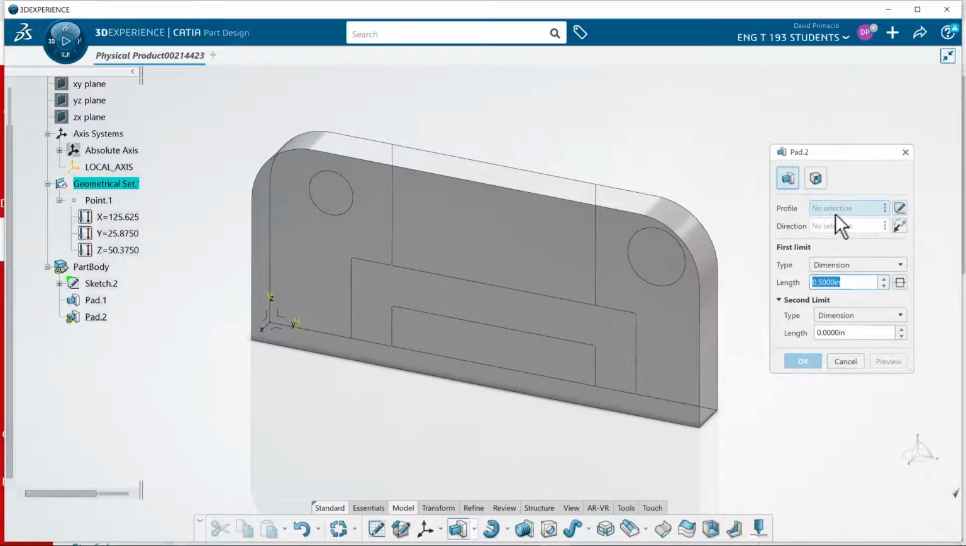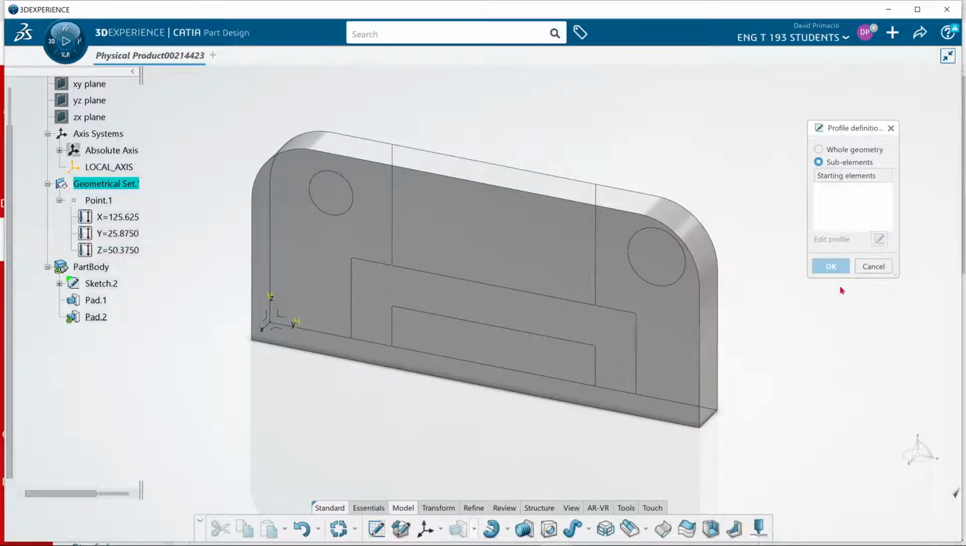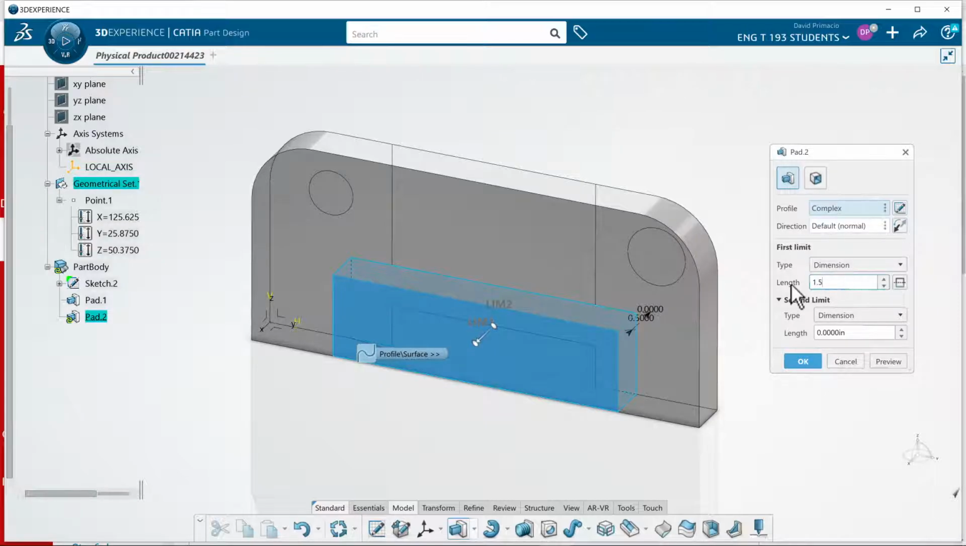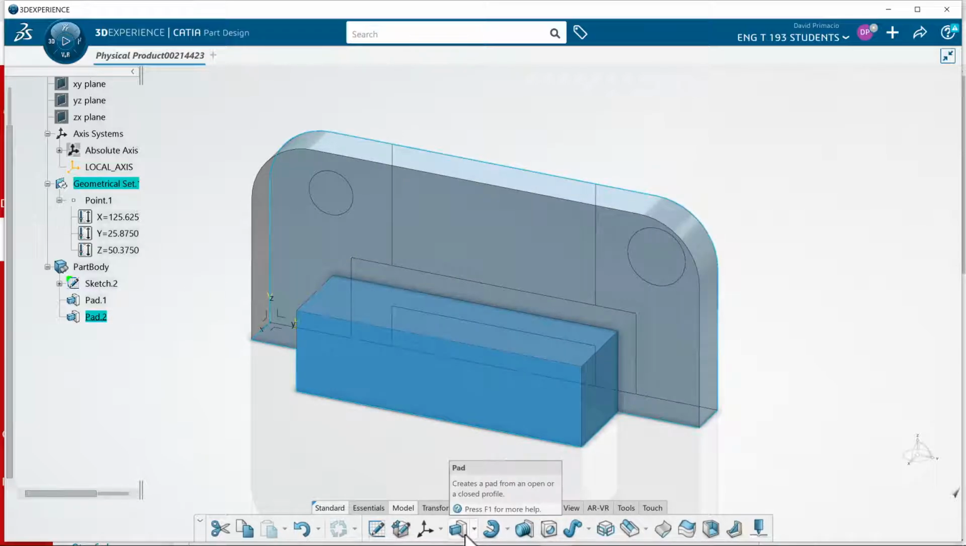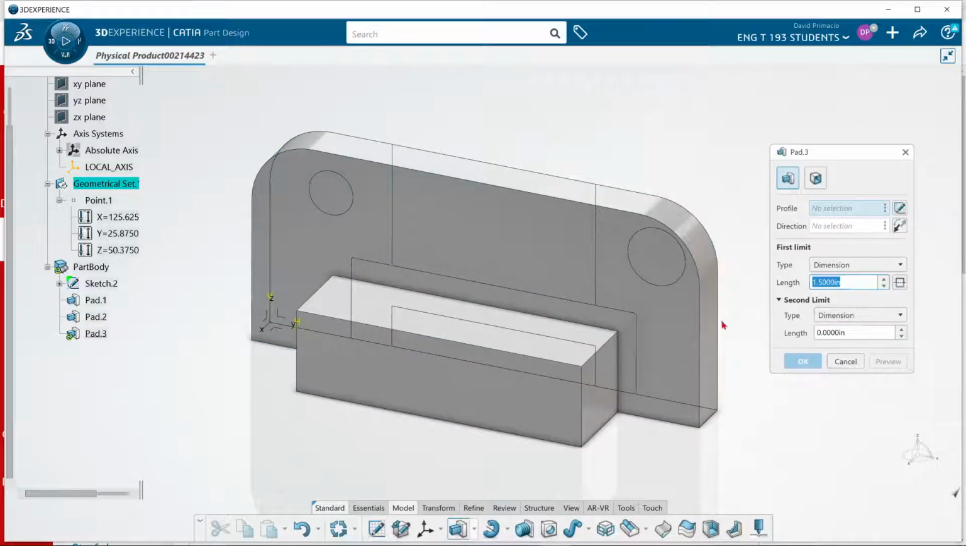Go back to pad, go to profile definition, and I'm going to select this one there, and that comes out 1.5 inches, I believe. So we'll make this length 1.5 inches. Oh, these hole pins are not the right size. I'll just go ahead and do a pad. We're going to create these 2 cylinders. Oh no, those are holes. So using this technique,